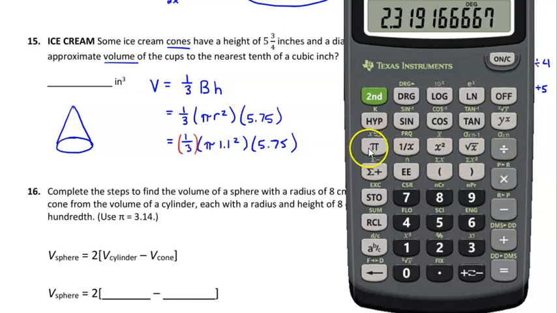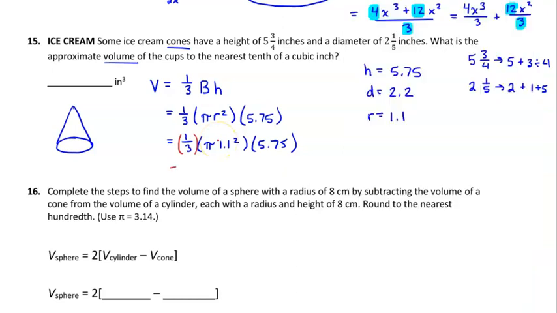So times pi equals, and I get 7.285. And then it says round to the nearest tenth, so I want one number behind the decimal. And that 8 is going to change the 2 to a 3, so I have 7.3